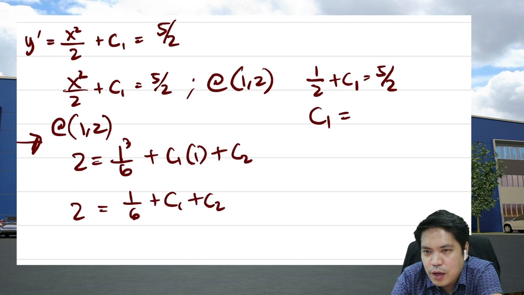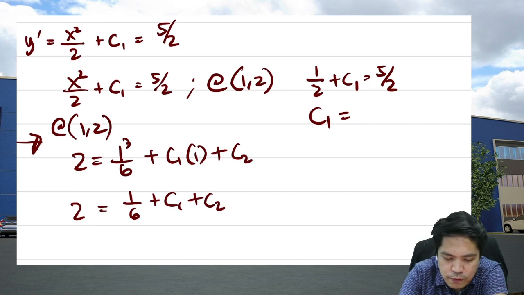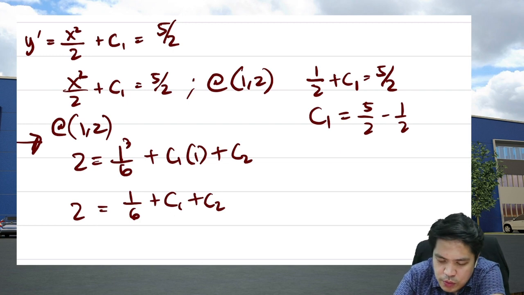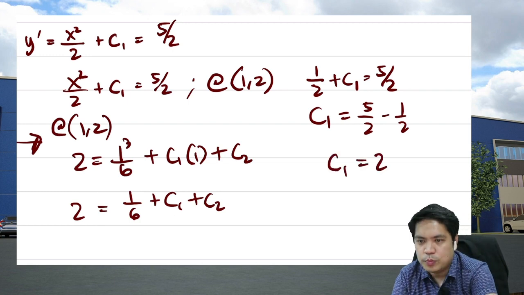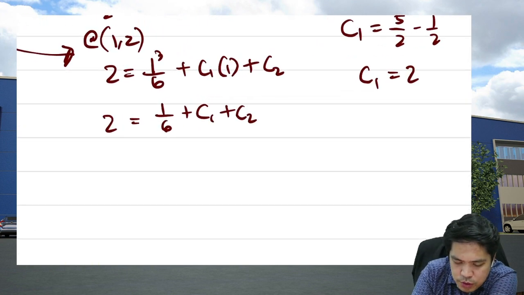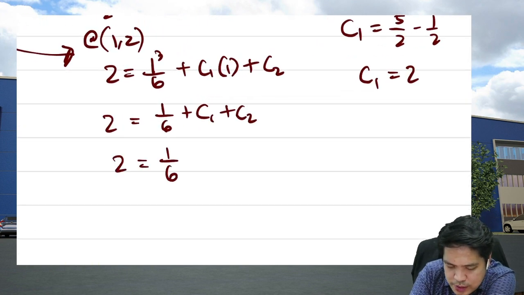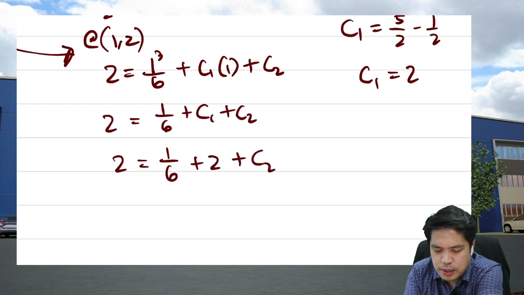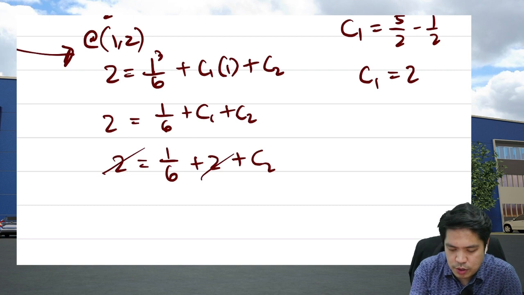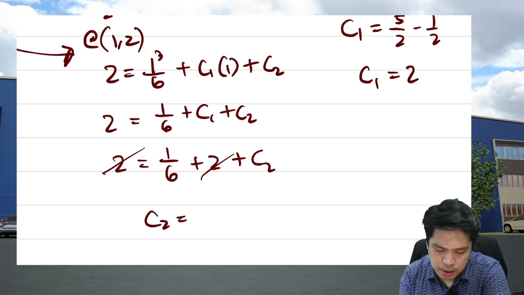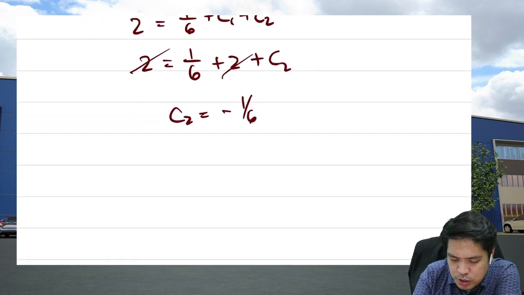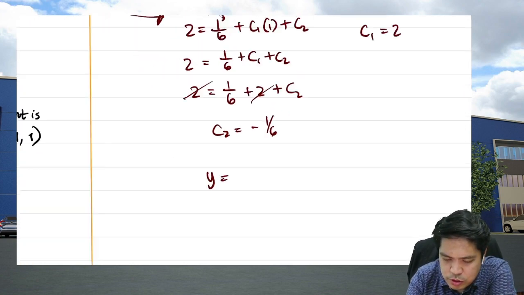So what is 5 halves minus 1 half? 5 halves is 2.5, right? Then 1 half is 0.5. So C1 is just 2. 2.5 minus 0.5. Yan. C1 is 2. So therefore, this becomes 2 that's equal to 1/6 plus 2 plus C2. And we could cancel out 2. So therefore, C2 is negative 1/6. So our particular solution now is y is equal to, ayan,